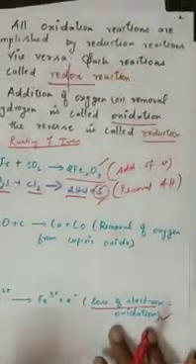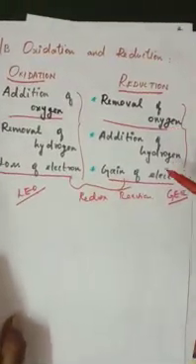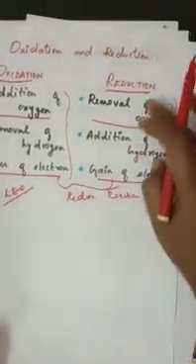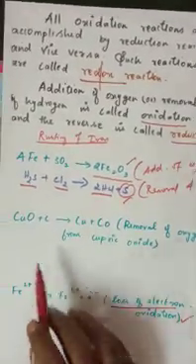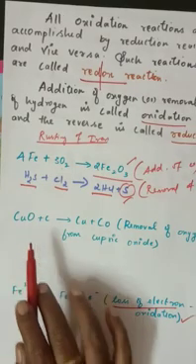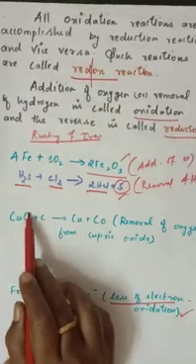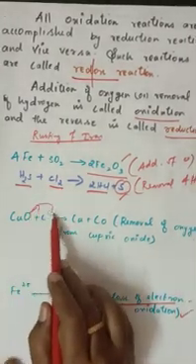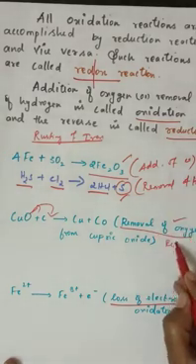And one more thing, what is meant by reduction? Reduction is the opposite. What are the definitions we see for reduction? Removal of oxygen, addition of hydrogen, gain of electron. We are going to see these three definitions now. See here, CuO, cupric oxide, treated with carbon, becomes Cu plus CO. What happened here? The oxygen is released and combines with carbon, becoming CO. Here the first one, removal of oxygen, takes place. So removal of oxygen is known as reduction.